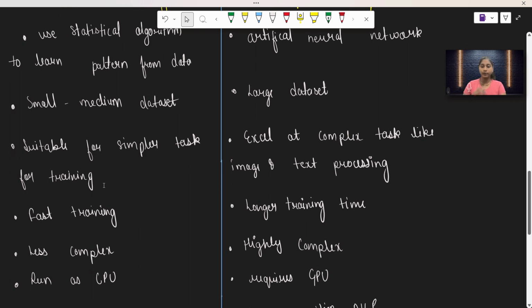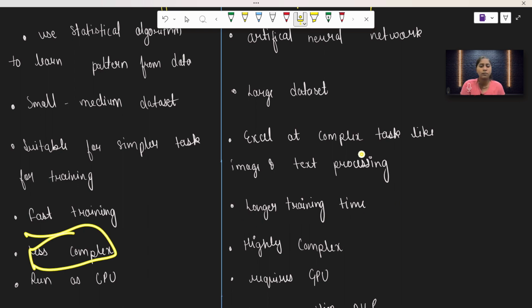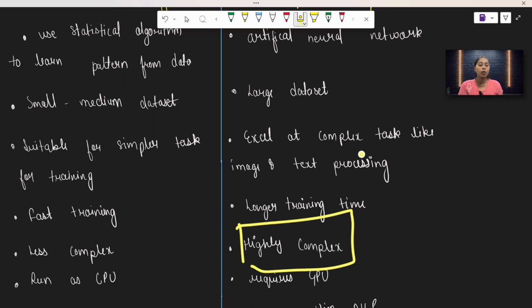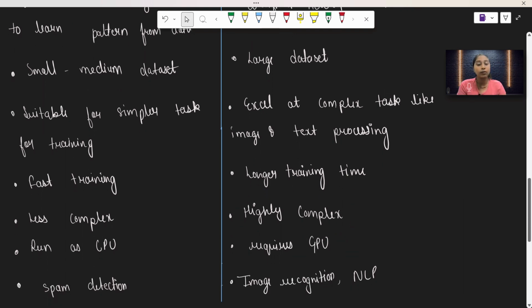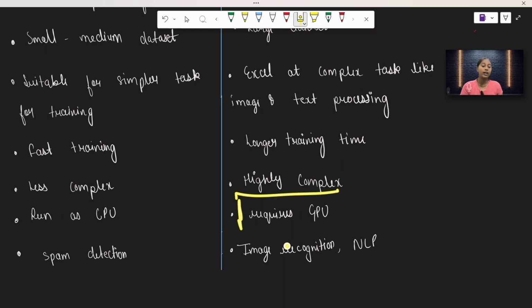Because machine learning models are small, their training is also fast. Here we have a huge amount of data, therefore it takes a lot of time to train. Similarly, machine learning is less complex. We have a lot of data and a lot of training time, therefore deep learning is complex. If we want to run a machine learning model, it is very good and it will learn quickly. But if we are working with deep learning models, it is better that we have a